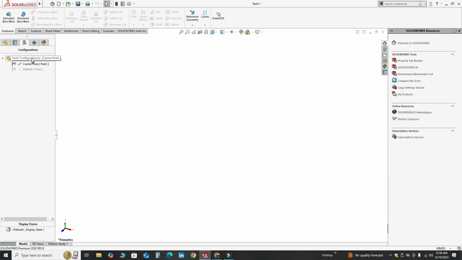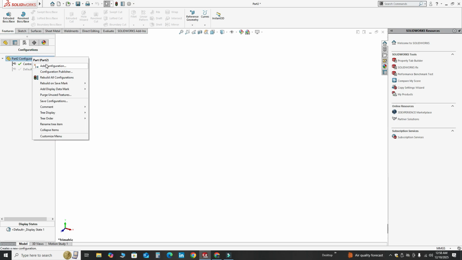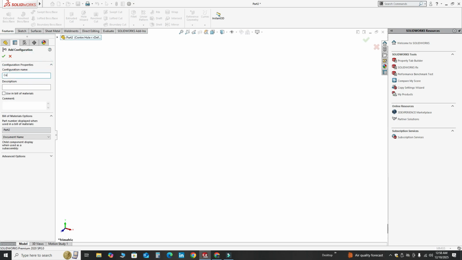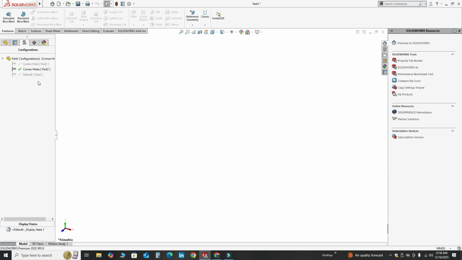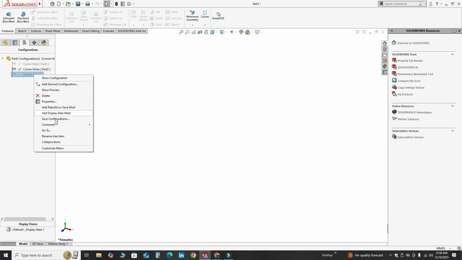And let's add one more configuration, and that is corner holes. And let's rename this as center hole and corner holes.